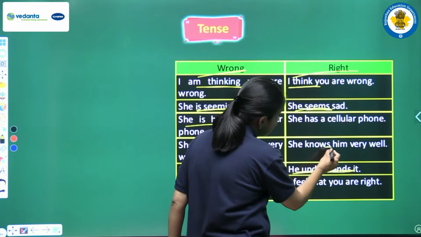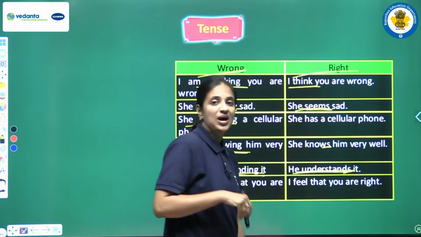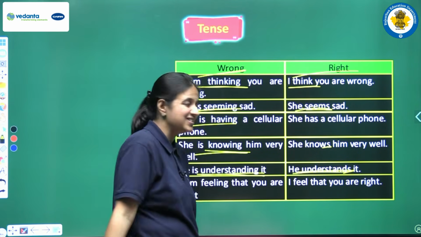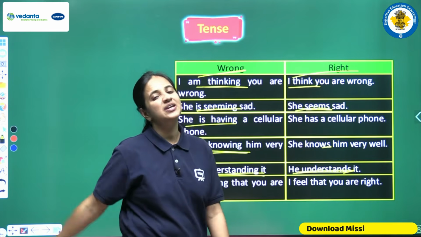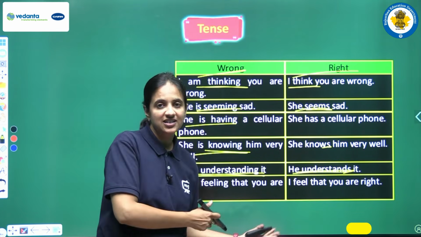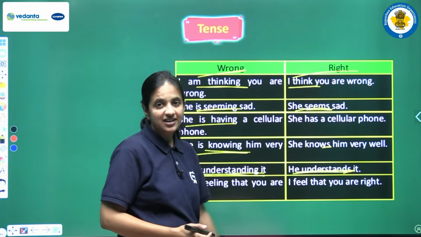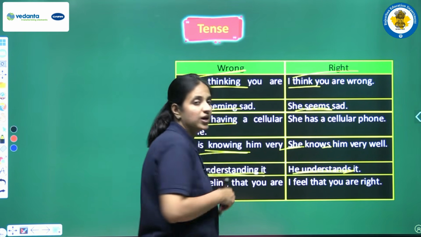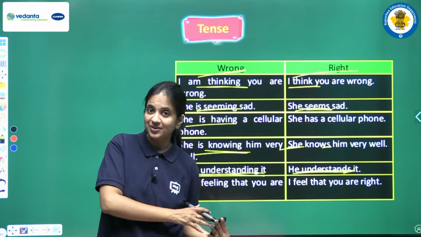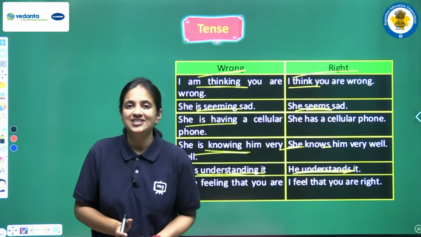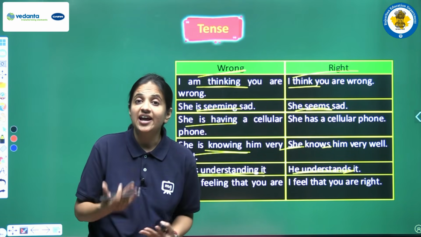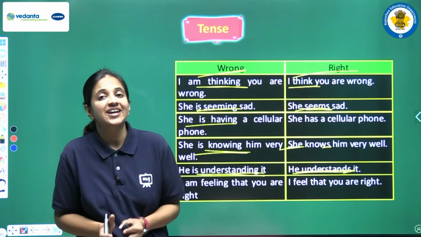So one thing that I am very much sure is clear to you all, that why are we adding s, why? I hope that you all are having the answer why. What is the reason? Because we are having present simple tense that we have discussed already, and because this is a positive sentence and our subject is a singular one. So if we are writing a positive sentence in present simple tense, and if the subject is a singular one, then always we add, you can say s or es, right?